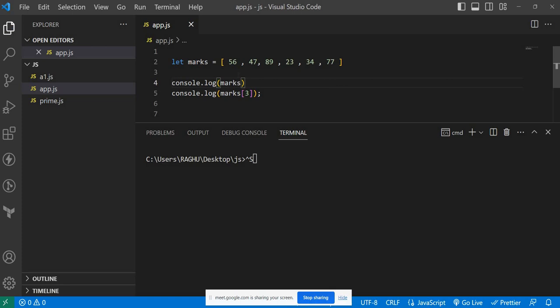So the array symbol is square brackets. Just in that square brackets, you just mention a 3. So now if you see, here I'm just writing it, so you're able to read that particular value. So now tell me again, what is the value of